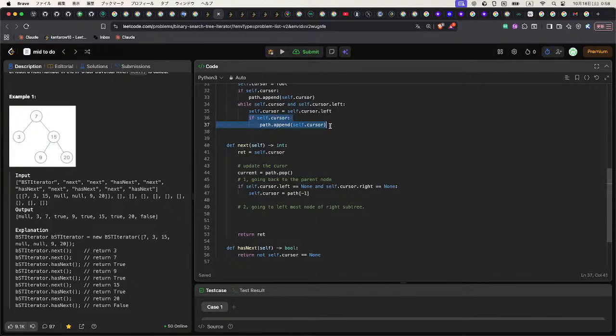And this time we don't need to append to the path because we already added it. So yeah, the cursor points to the node which is located at the last index of the path. Okay,